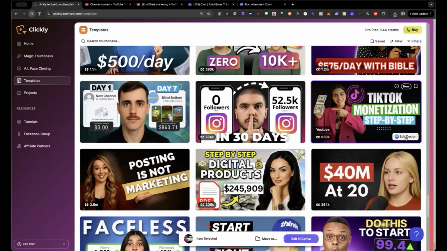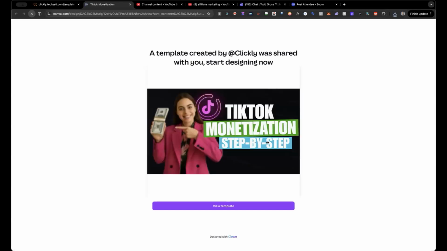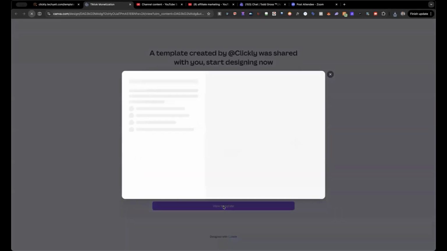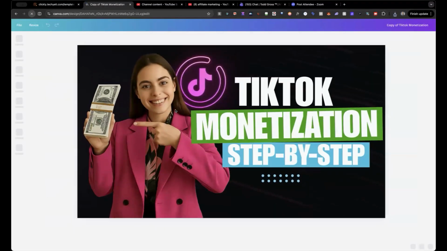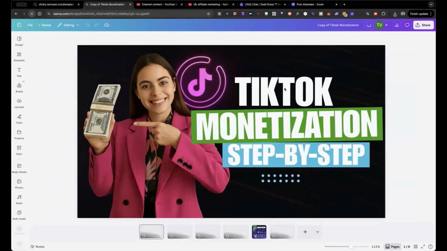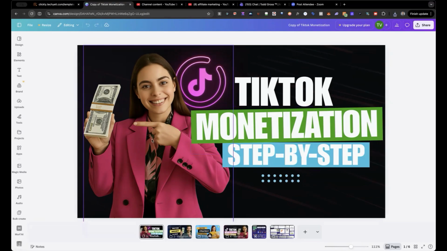So what you can do here, it says edit design here. So when I click on edit design, look what happens. It's going to open Canva here. And this will import it directly into my Canva account. And this way, I'm in control of what's on the image 100%. So what we can do before, AI was determining what's in the image, but now you can take the template and alter it manually if you'd like. Exactly, because there are a lot of templates that you probably like, and now you can customize it 100%. So what we do here, we simply remove this, and I think this is a good one for you